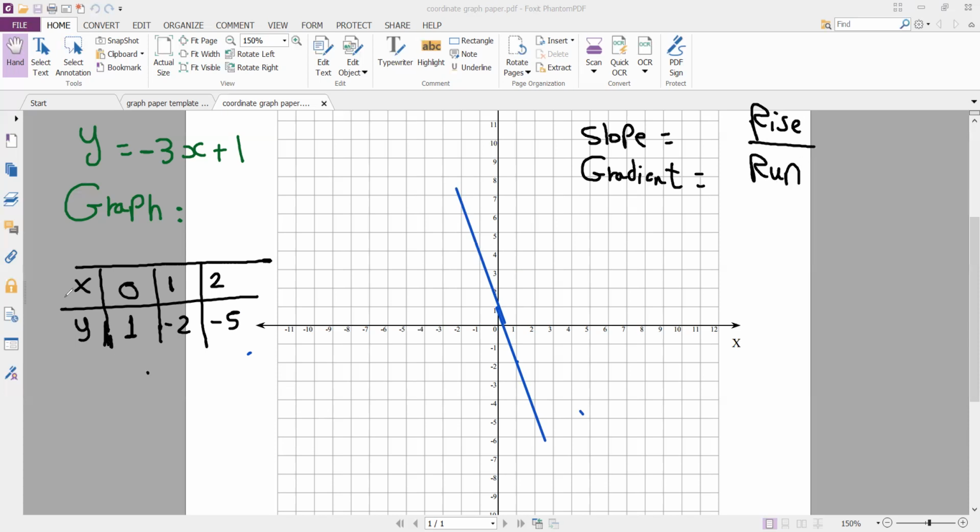What does it mean? Rise is the change in y, and run is the change in x. So here, if we are going to take this point here and this point here,